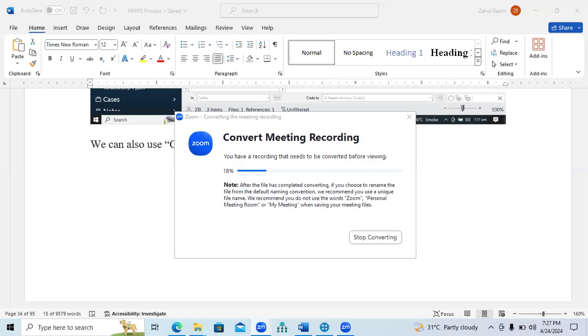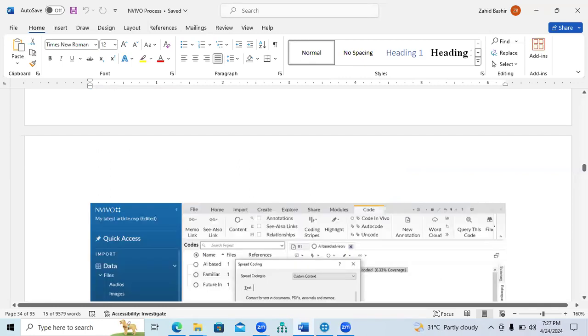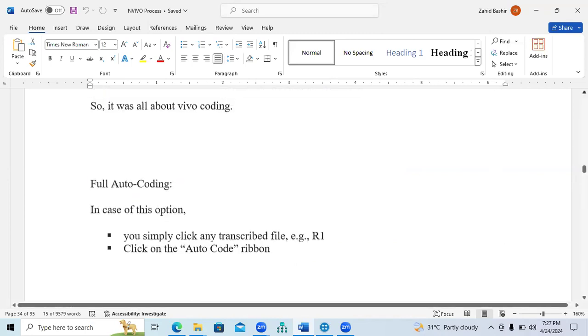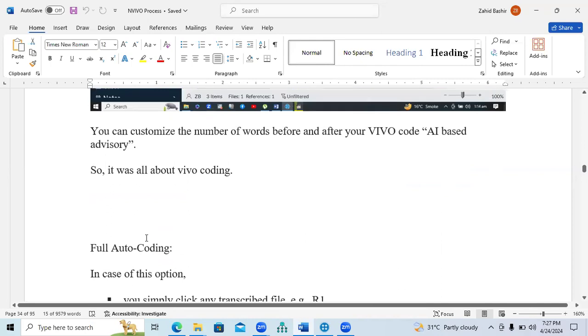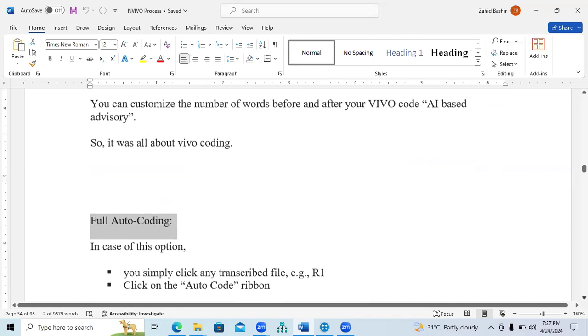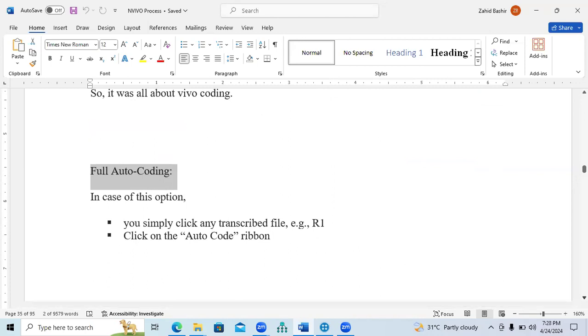So I was discussing the different types of codes: in vivo codes, spread code, and narrow coding. The other thing that you need to understand here is full auto coding. This is another type of coding scheme that you need to understand if you would like to auto code your transcribed data and you do not have enough time to code your data manually. It will automatically create some codes